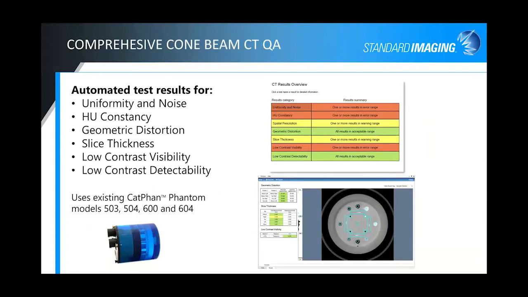The cone beam CT tests, automated test results utilizing the CATPHAN phantom, which is provided by either Varian or Elekta, depending on the cone beam unit that's involved, either 503 Phantom or the 504 Phantom. Also, we do the 600 series Phantoms for cone beam if you want to do diagnostic tests as well. But similarly, we've got test results for uniformity and noise, Hounsfield unit constancy, geometric distortion, slice thickness, low contrast visibility